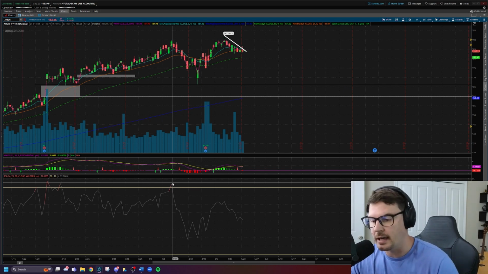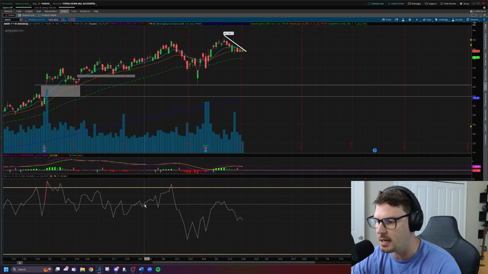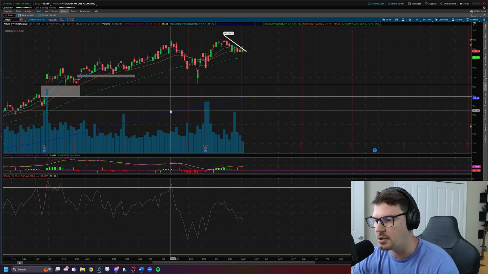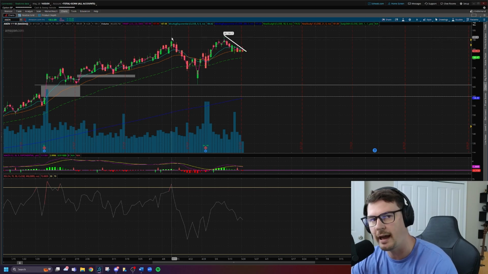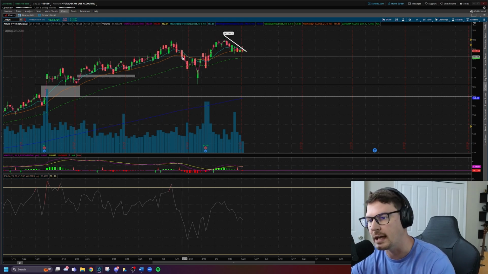So let's put the indicator to use. I'm on the daily time frame for the stock Amazon, AMZN, and RSI is telling us that this stock is overbought on this day right here. So we're going to match up this line all the way up to our price action, and sure enough, look at what happens. Almost immediately after the RSI tells us that the stock is overbought, we get a larger pullback